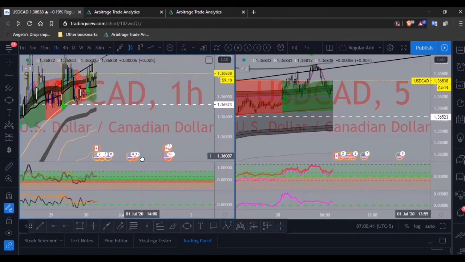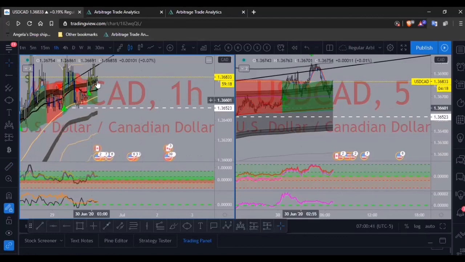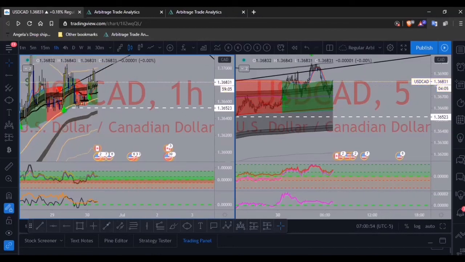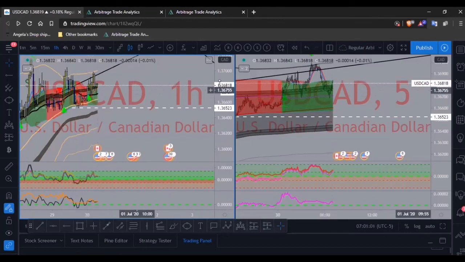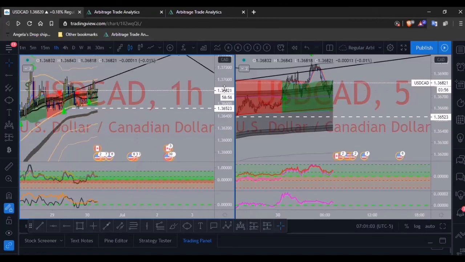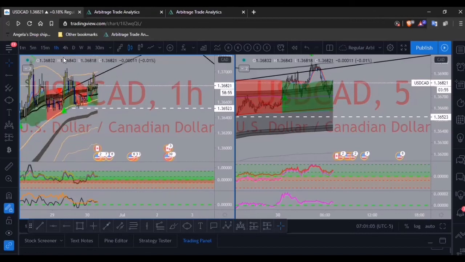So as long as price can respect right here, I would get in. If it does start to lower a little bit, like 3-4 pips, I'll get out real quick to see exactly what would happen next. But this looks like a solid buy to me. Everything's pointing for a buy. Price just recently, from this sell, broke out, retested again. I definitely like the bullish move on UCAD right now because it is setting up for a buy.